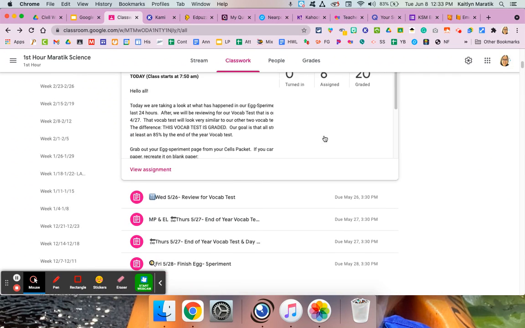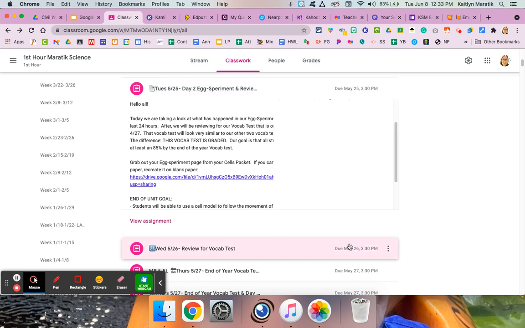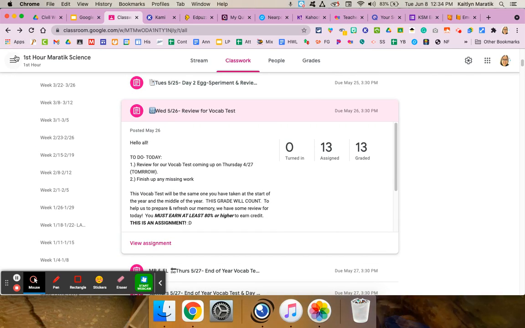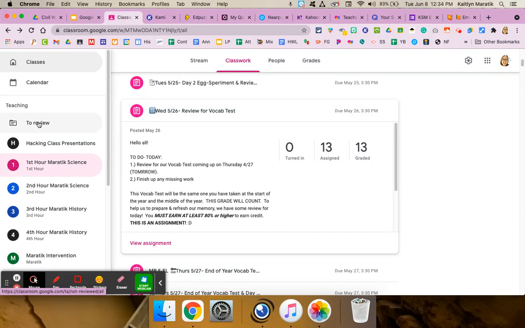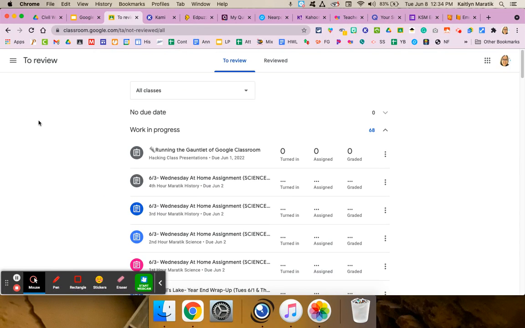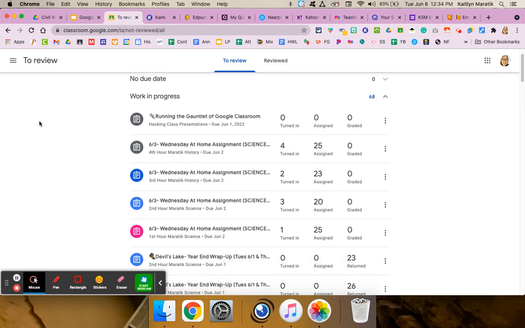Do I have anything to grade here? How do I know if a student posted a new one? This was like a full-time job trying to monitor this until I learned about this. So in the top left corner, there's 3 stacked bars. It says to review. It has all of the assignments that you have